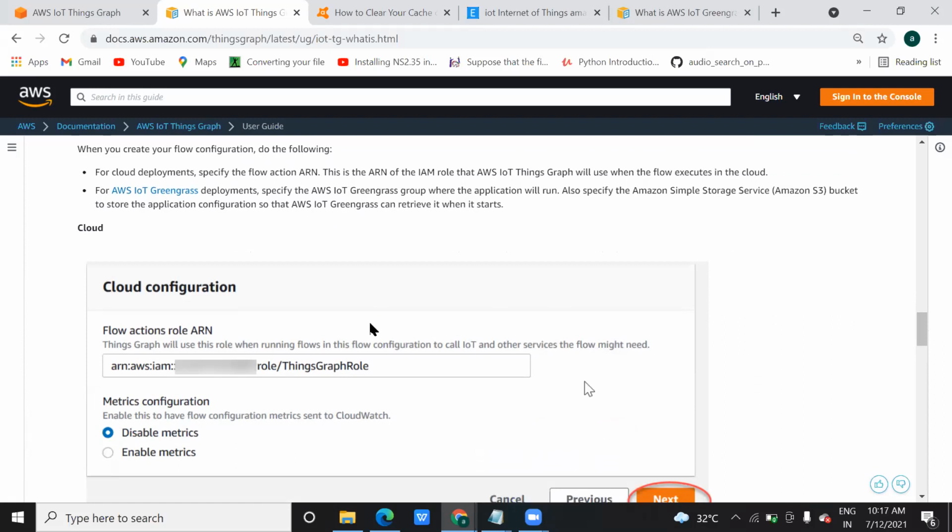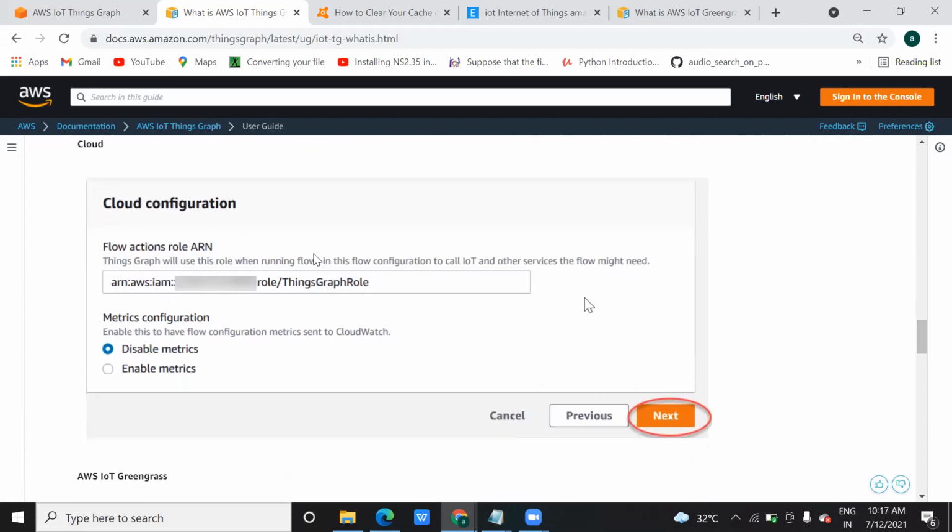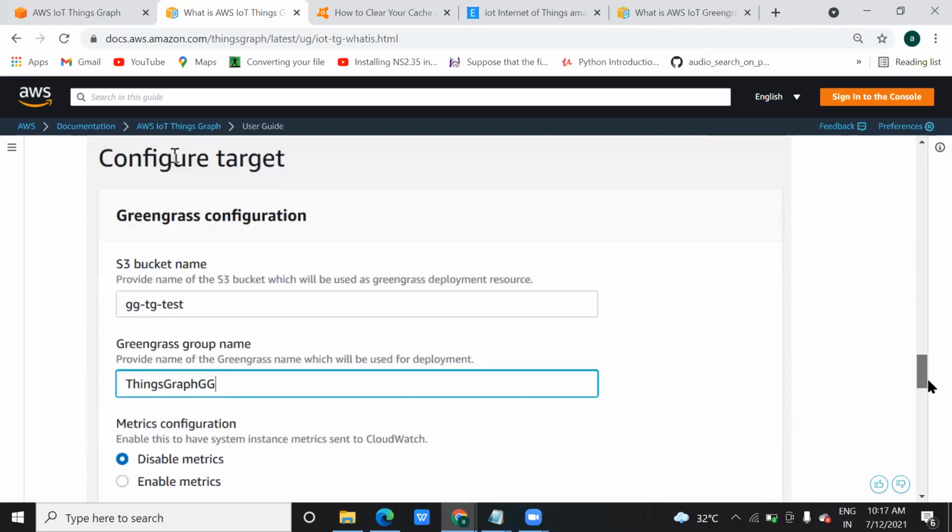Once you have configured it, you can click on CloudFormation, meaning you want to configure on the cloud. Then you need to create a role for it. Metric configuration means this one, and this IoT Greengrass is this one, right?